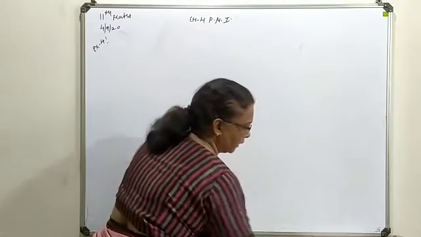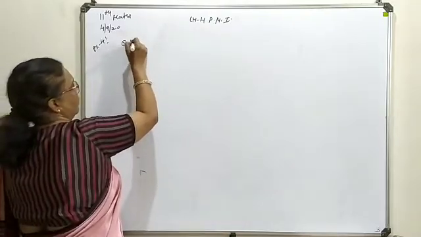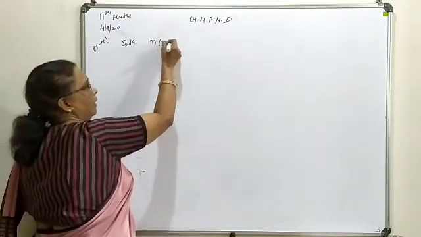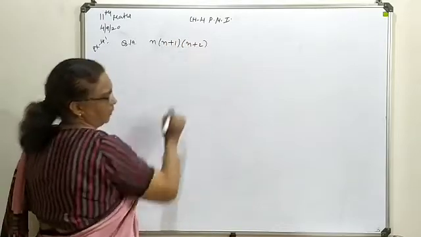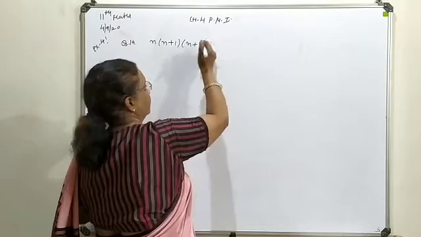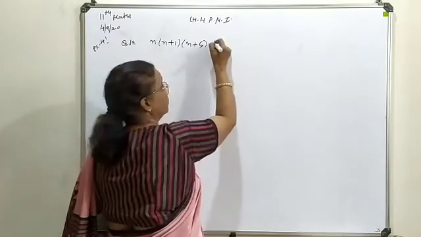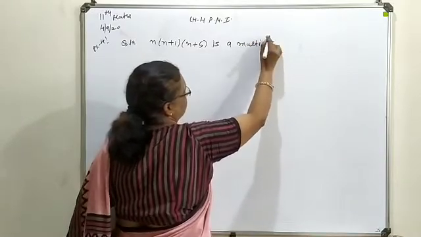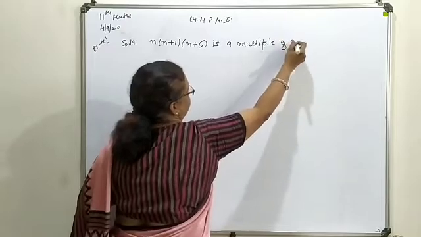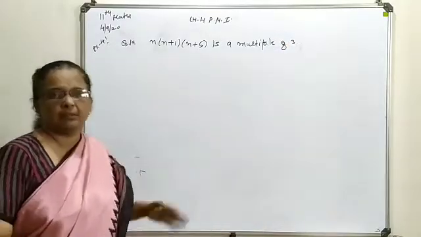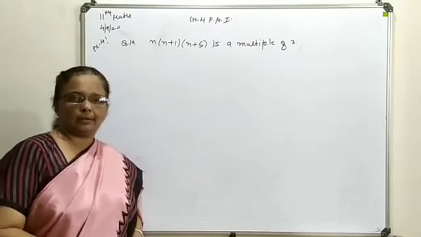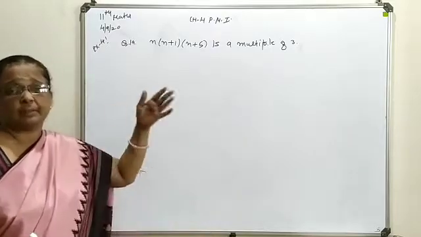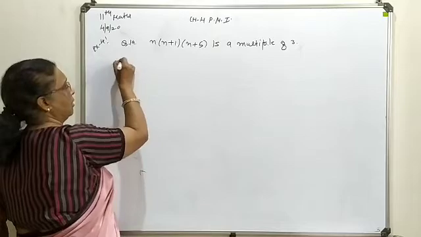Now just look at question number 19, in which we have to show that n plus 1 and n plus 5 is a multiple of 3, means it is divisible by 3. Multiple of 3 can be understood in other words as this combination is divisible by 3. So this is a Pn for us. So let's define your question in a proper way first.